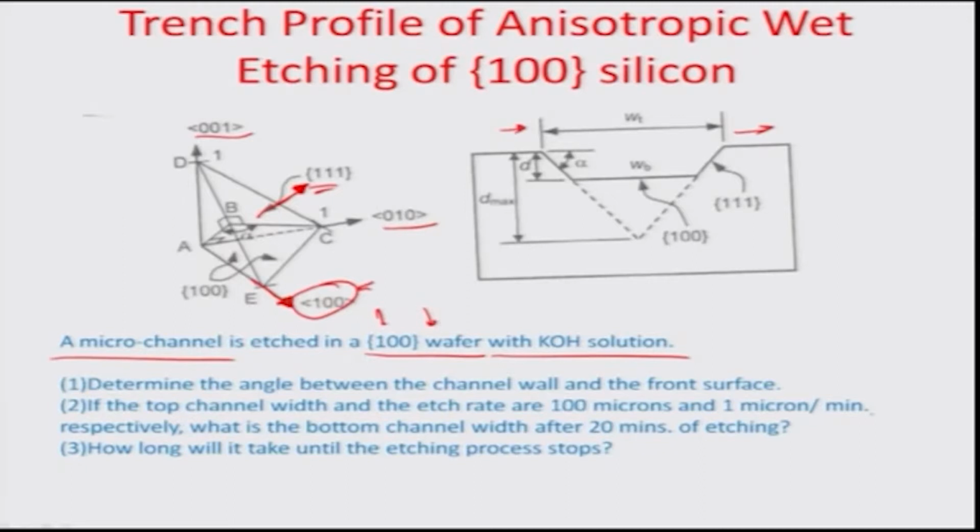And the other issue that we would like to find out is something about the etch rate. So if the top channel width and etch rates are given, let us say the top channel width is about 100 microns and the etch rate is about a micron per minute, what is going to be the bottom channel width after 20 minutes of etching, and how long it will take until the etching process kind of stops. So in order to do this numerically,